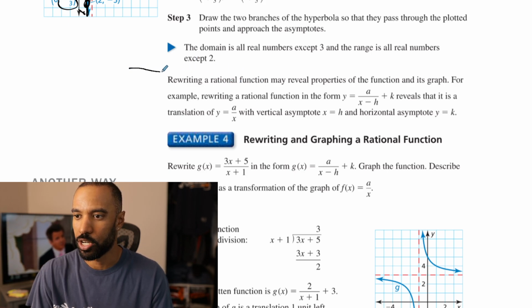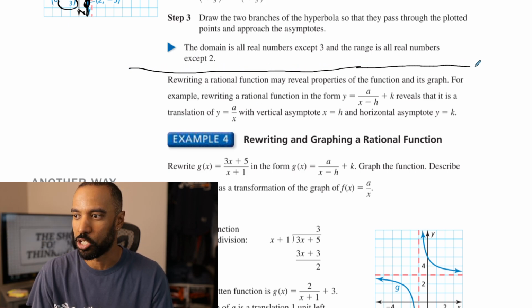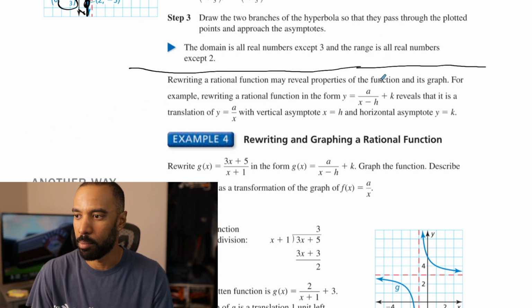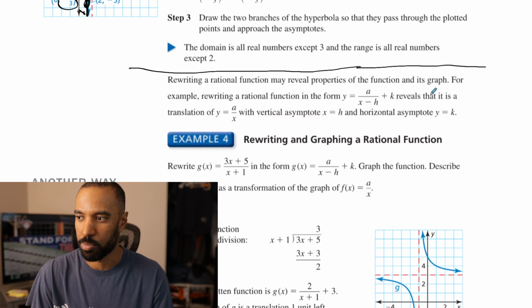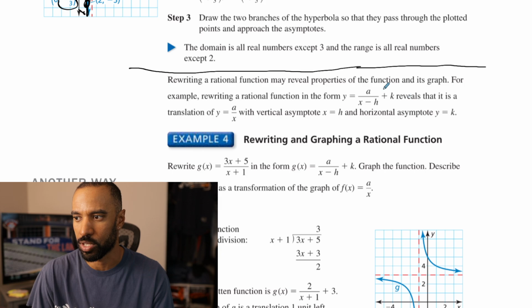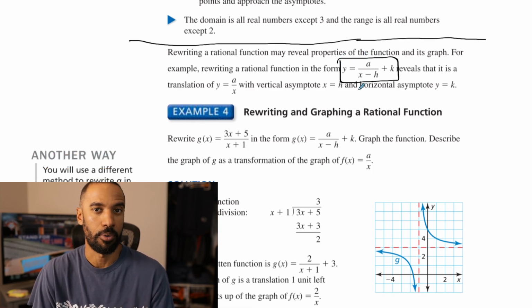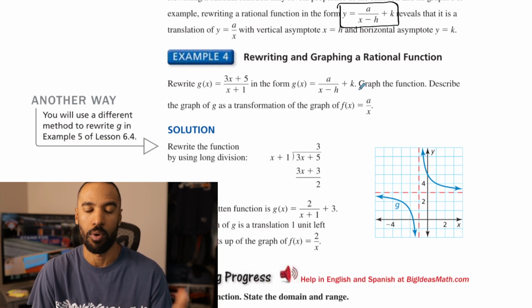Rewriting a rational function may reveal properties of the function and its graph. For example, rewriting a rational function of the form y equals a over x minus h plus k reveals it's a translation of this with vertical asymptote x equals h and y equals k. So if you can get it into this form again, you can figure out all that information that we spoke on. And I can honestly plot points a lot easier because I can figure out what my a value is